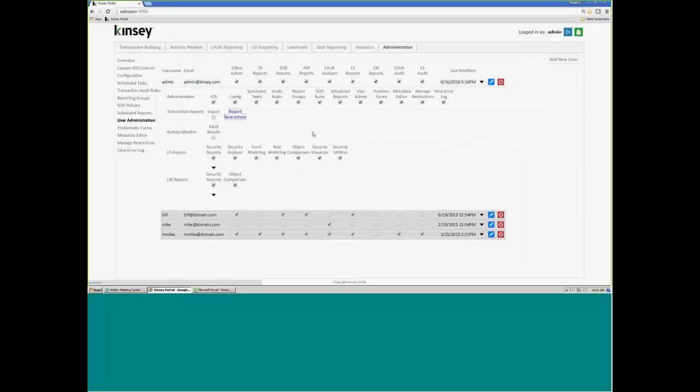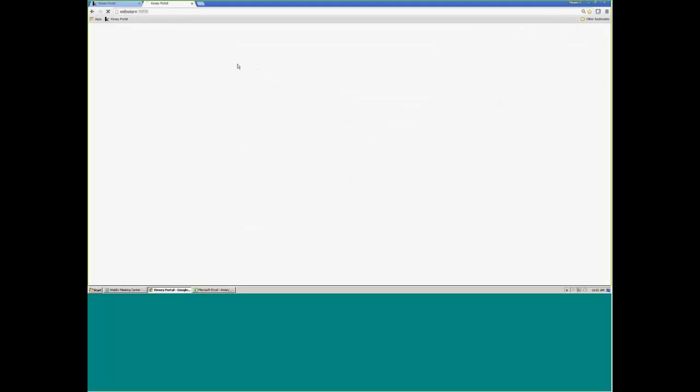That's what the report restrictions are for. Same thing with the activity monitor. Do you want to restrict or allow access? For administrator, I should probably allow. Do I export to Excel? Allow it. Then on the LS reports, and you remember the LS dashboard, if I jump over here and show